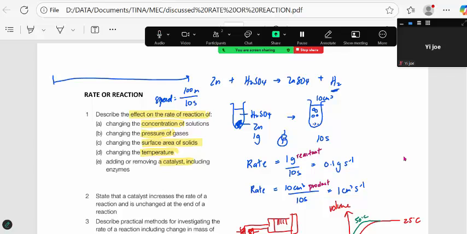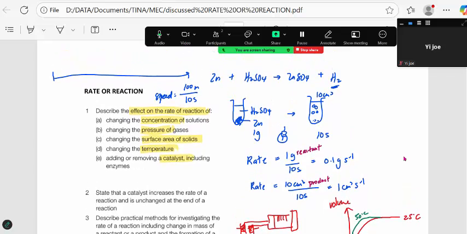So if you remember, we talked about the rate of reaction and then we talked about the factors that affect the rate of reaction. That means what makes a reaction faster. Now, is it important to make a reaction faster? Of course. If the reaction is too slow,